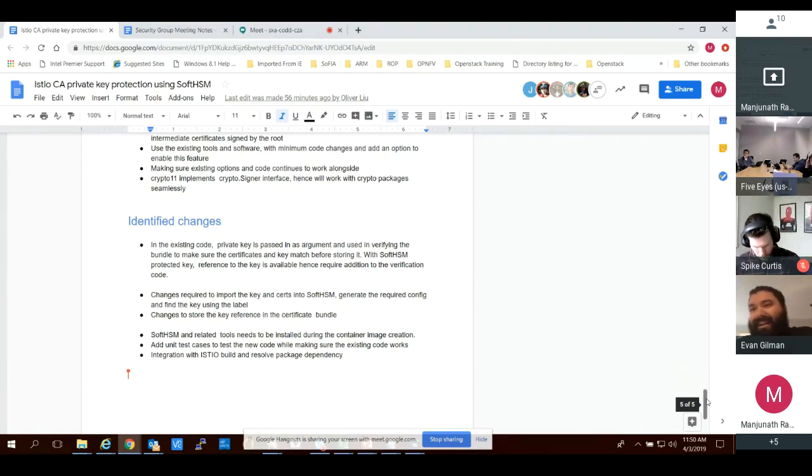Yeah, I want to add a perspective here. Right now Istio supports Vault CA, and Vault CA is not using PKCS 11, and it doesn't require the PIN. It just needs the Kubernetes service account. It has the Kubernetes service account authentication method. So here, Vault will never expose the private key. So it seems we should